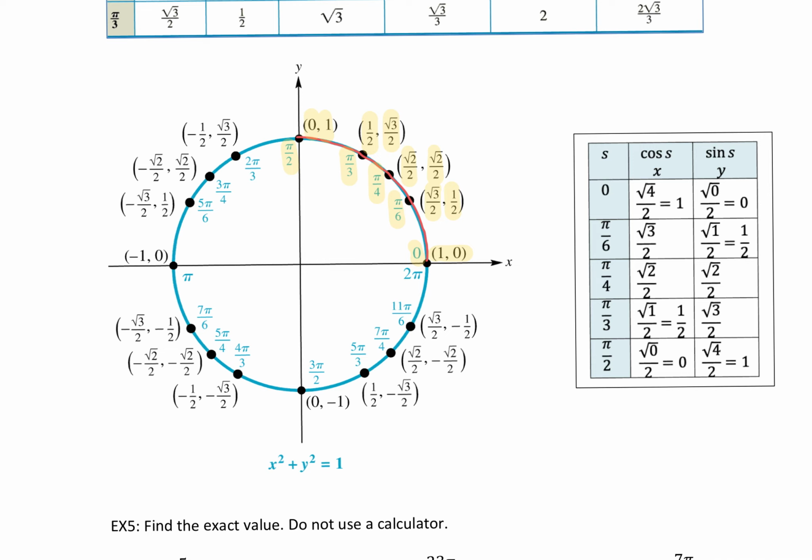So what I wanted to point out is all you really have to know is first quadrant. Once you have the first quadrant, you have all the quadrants. Because notice that the values are all the same in quadrants 1, 2, 3, and 4 for those points. The only difference is sometimes you'll have a negative instead of a positive, depending on what quadrant you're in. So in quadrant 1,